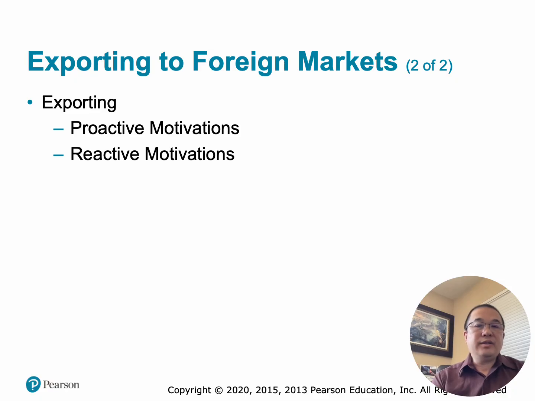One of them is increased sales and profits. Domestic markets may be saturated while foreign markets offer growth opportunities. Achieving economies of scale. Higher production volumes can reduce per unit costs. An example would be a software company can spread development costs across more international customers. Exploiting competitive advantages. A company may possess superior technology, strong brand recognition, unique products, or patents that can succeed internationally. As an example, Tesla leverages its EV technology globally.